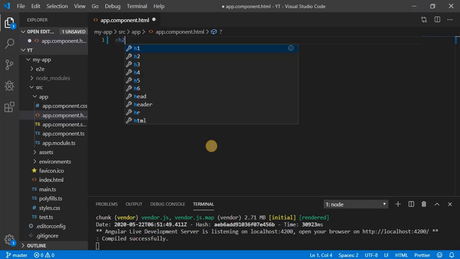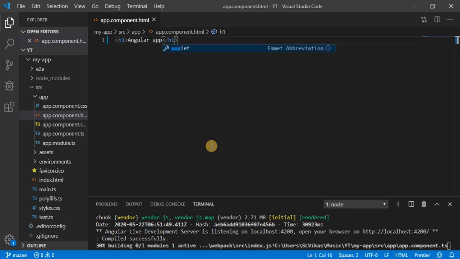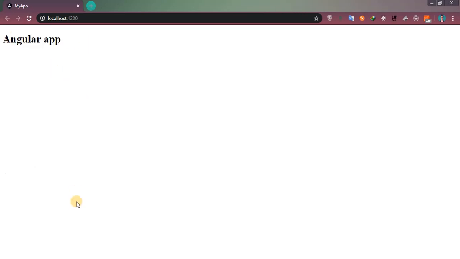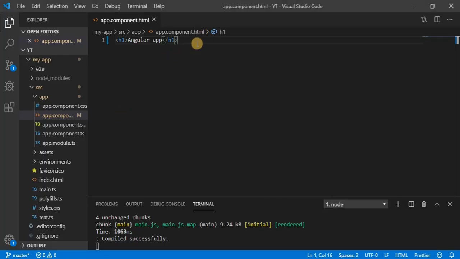Now here give an h1 tag and type Angular app. Okay, so you can see our changes are reflecting here, right?